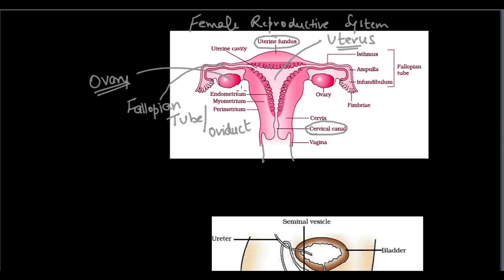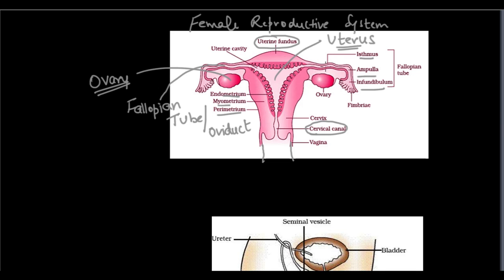So this is basically the female reproductive system. There's a vagina, there's a cervix, there's an ovary, and there's the fallopian tube. These are the main parts you need to know. Isthmus, ampulla, and infundibulum are not too important. They are in the 12th standard textbook, and they involve the parts of the fallopian tube. Even endometrium, myometrium, and perimetrium are also a bit of detail about the layers of the uterine wall. Endometrium is the innermost wall, myometrium is the middle wall, and perimetrium is the outermost wall of the uterus.